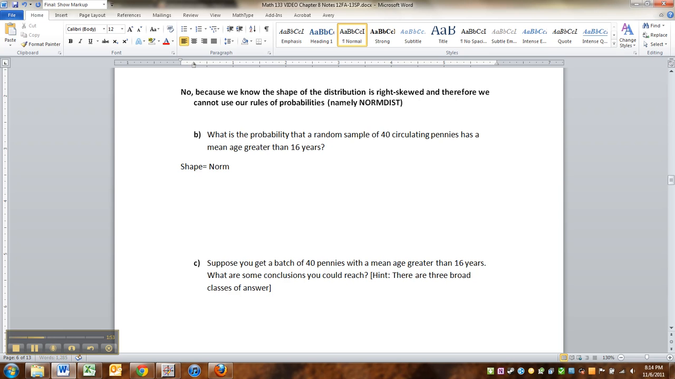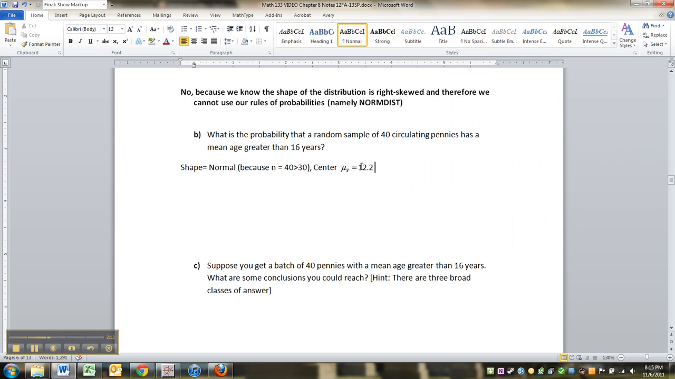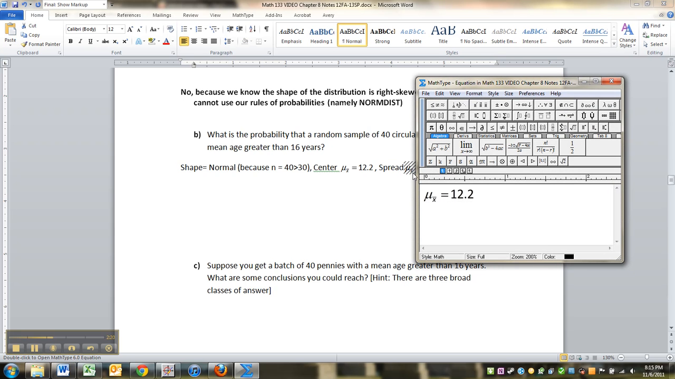is normal, because n equals 40 is greater than 30, which means we have a center, which is the mean of the x bars, the mean of the means, which is 12.2. And then we also have a spread, sigma x bar,